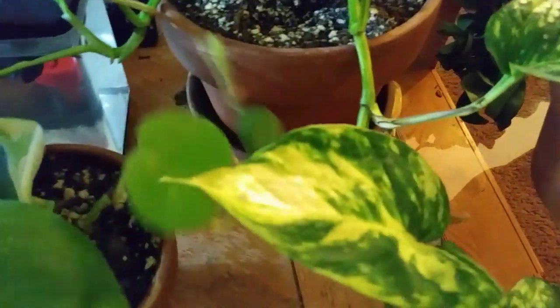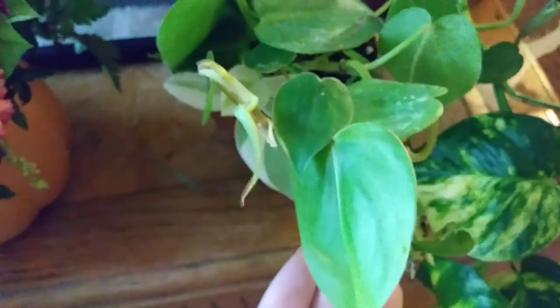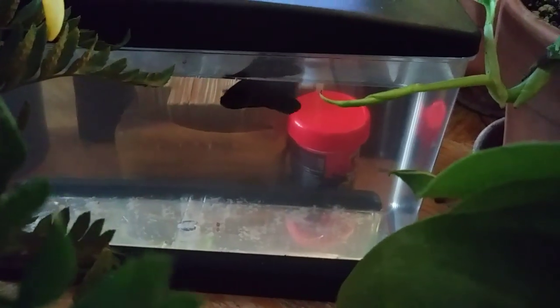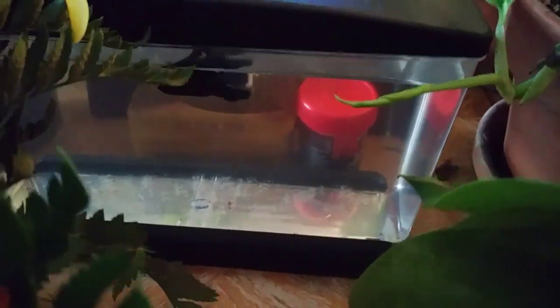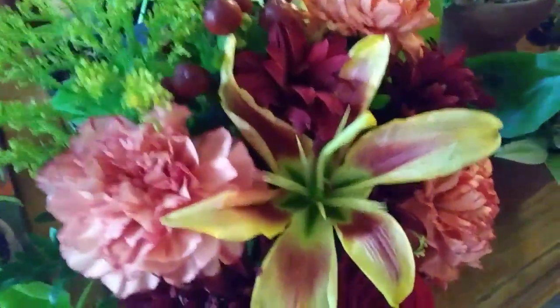And next to her is, you guys seen this one on my Instagram page. This is what I thought was a silver stripe. I'm still not quite sure, but I think she is gorgeous. Yes, beautiful. Look at that. And right here is my fishy pool. I just learned recently that I could use his water for watering my plants, so I'm going to do that from now on. Right here is an arrangement that one of my friends from church made for me,